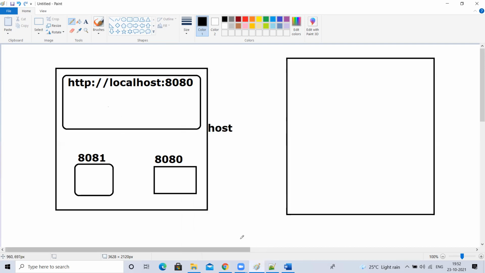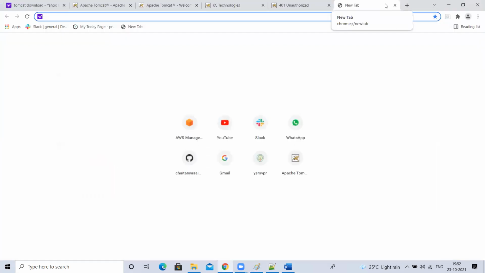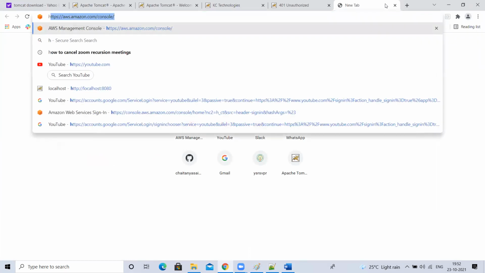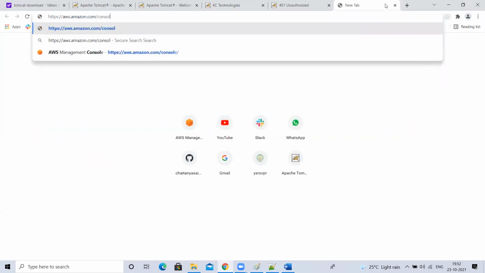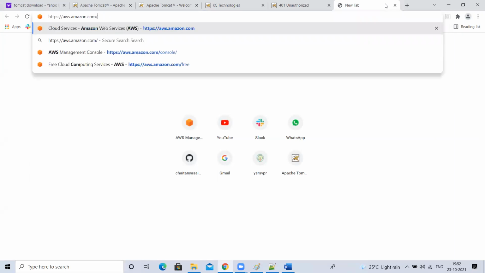Let me tell you one thing. For now, it is not exactly correct. If a new student watches the recording, they may think I'm giving the wrong perspective. For your understanding, I'm typing HTTPS, which means I want to access something through the internet. What do I want to access? The AWS console.